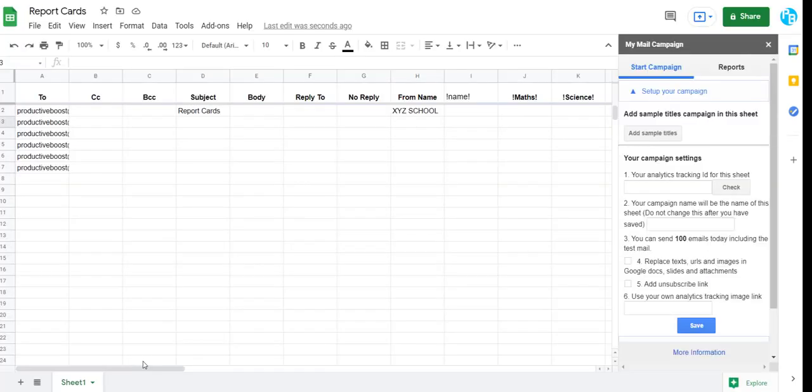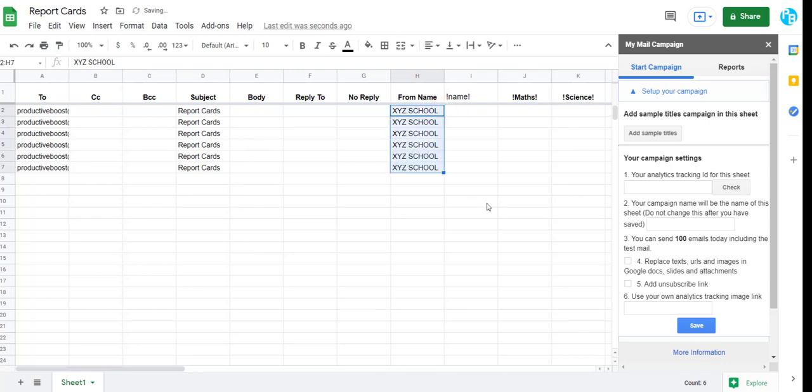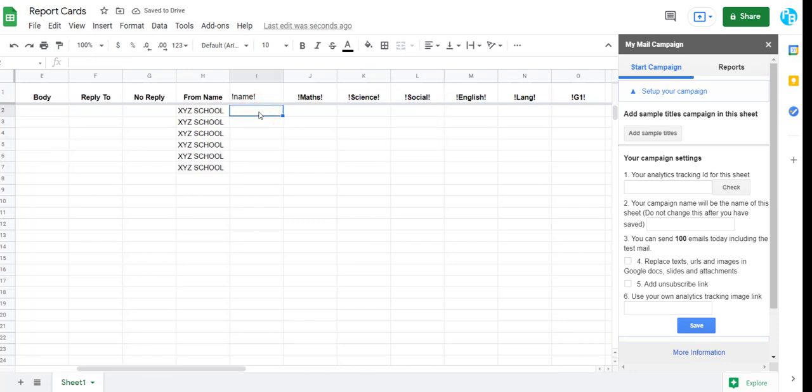Now, when all the editable values are pasted there, I am checking the subjects. Here, subjects will be the same for all the parents. So, I am going to copy and paste the same values in all the columns. The same way, the school name will also be similar. So, I am pasting the same values for all the parents. Names of the students will be different. So, I am going to type the student's name with respect to their parents' mail ID in the respective rows.